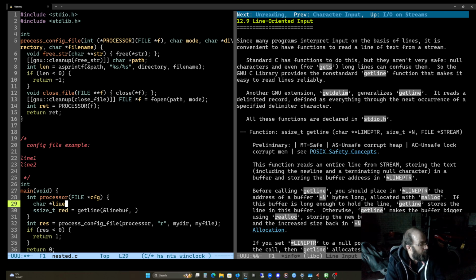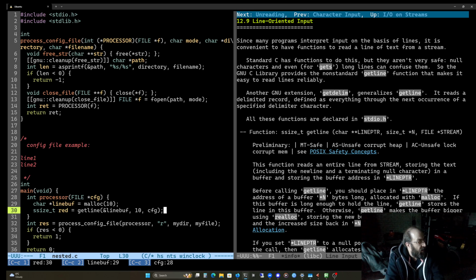Line buff equals malloc 10. Okay, so getline and then size_t n. Right. So that's 10, and then the stream is config.